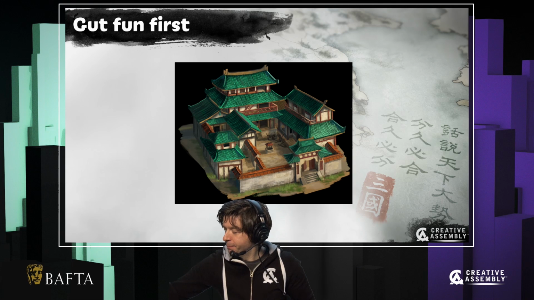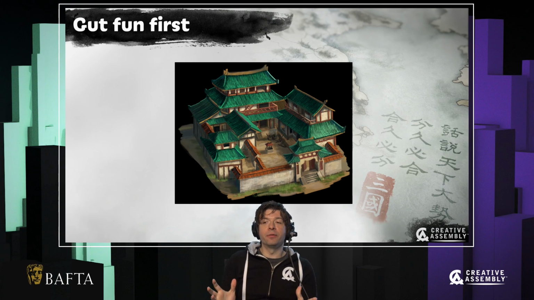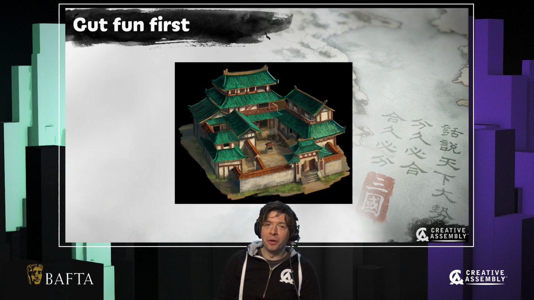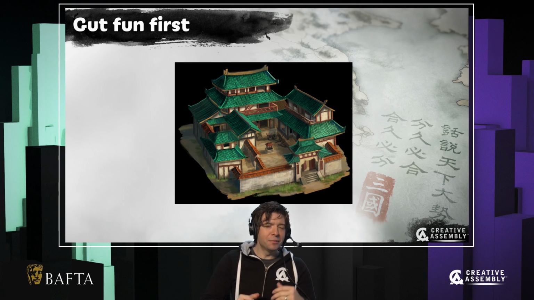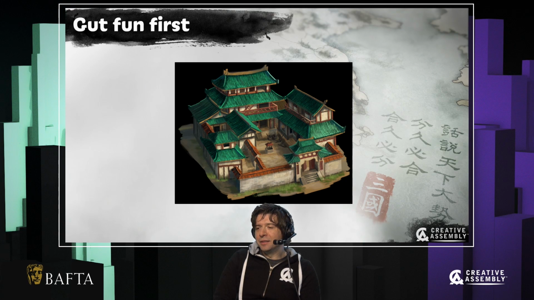Coming to the second section, gut fun first. And there's a little fun story about that. Almost about a year ago, late in development of Three Kingdoms, our game director was sitting behind me in the office, and he was playing the game and turned around and said, "Hey, Live." I was like, "Yeah, what's up?" And he said, "Yeah,